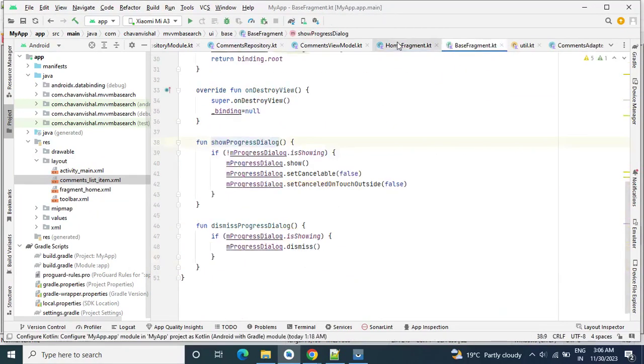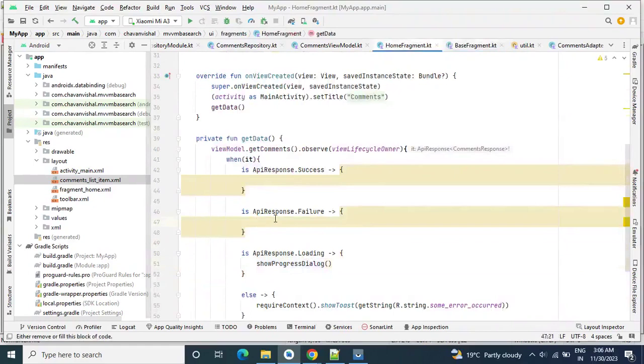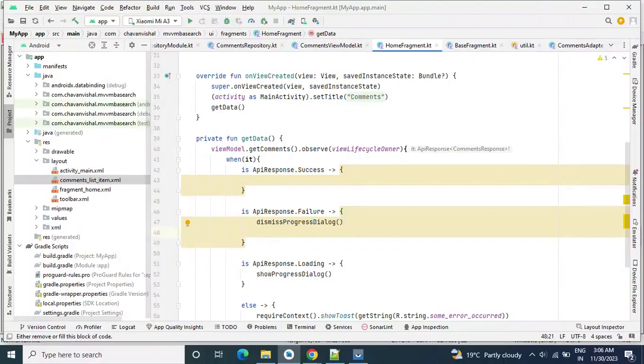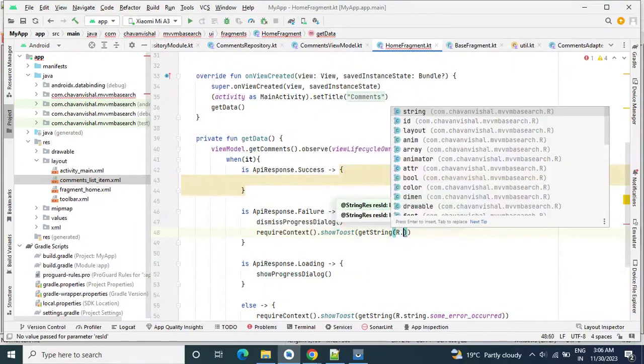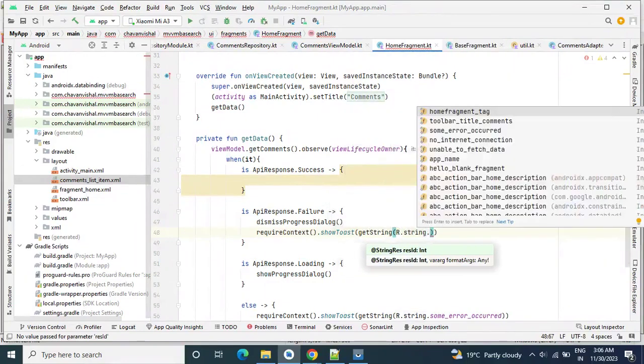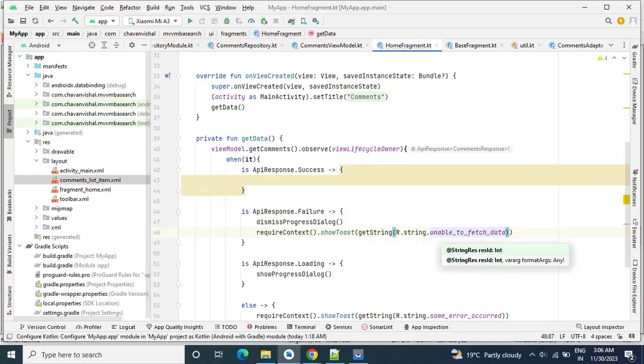So show progress dialog. In case of failure, first we will dismiss our progress dialog and requireContext.showToast. In show toast again we will pass our message like getString R.string.unable to fetch data, plus we will give some space, plus it.message.